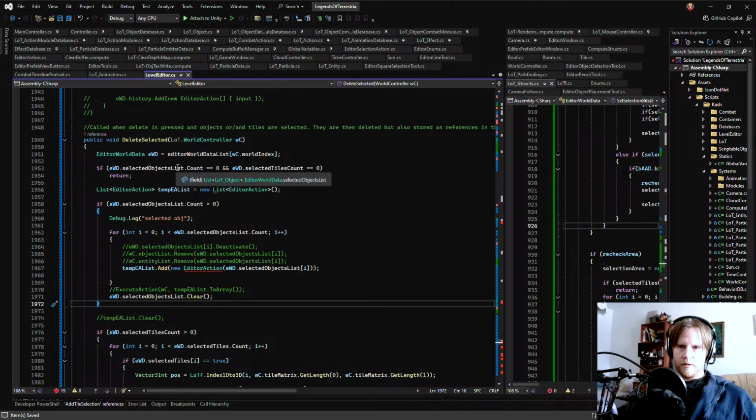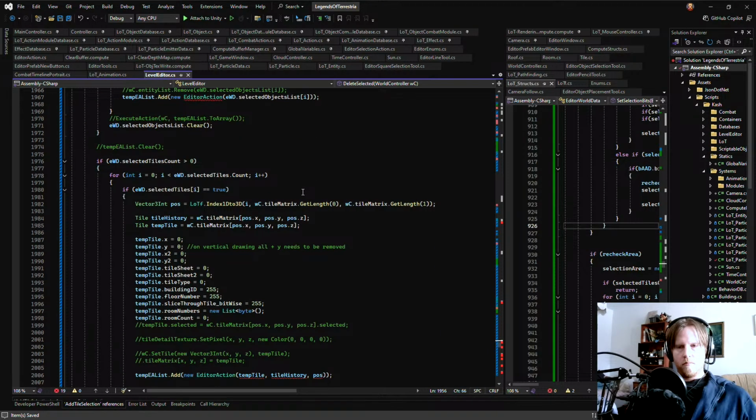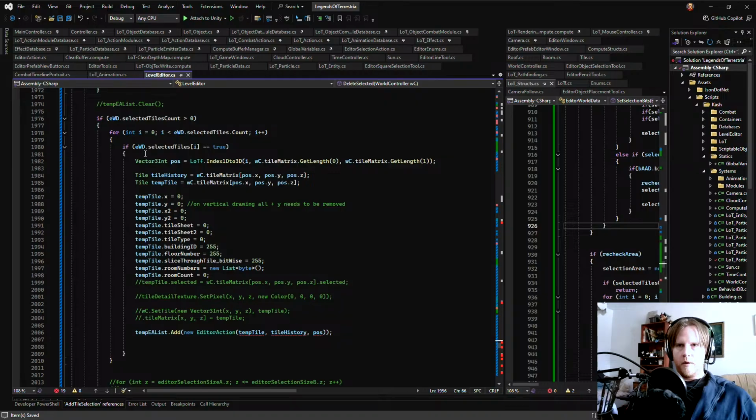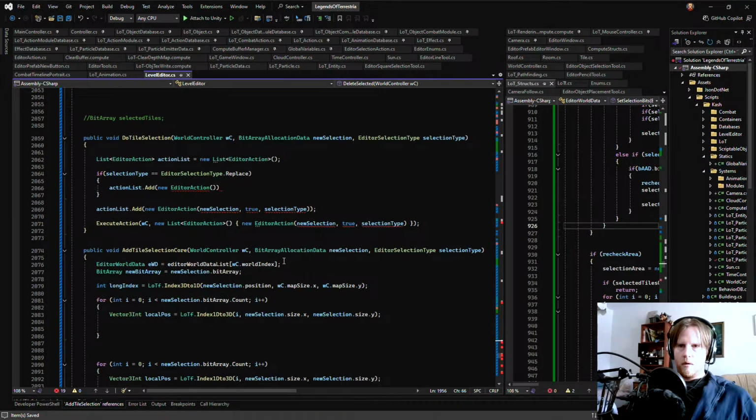And here, like it says delete selected. And here for the tiles, we only have tile selection.